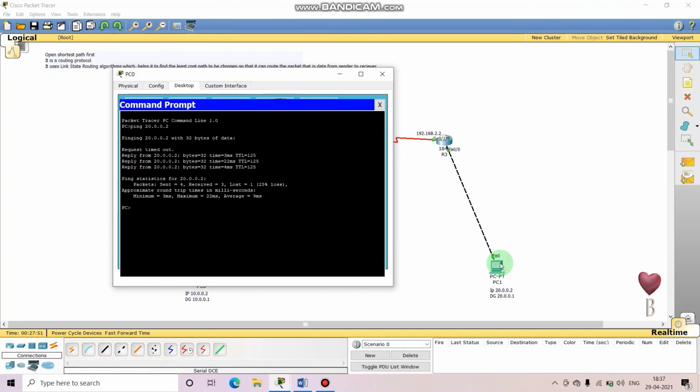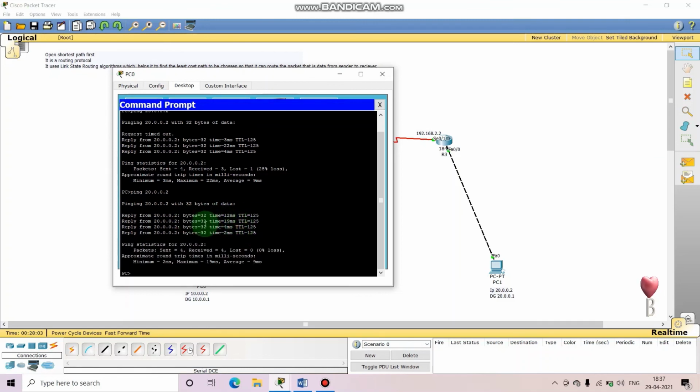See, it's replying. We got the replies. First it showed us timeout. It happens the first time. Then when you do it a second time, it will not happen. Okay, so all the packets are routed properly. No loss. See, zero loss.